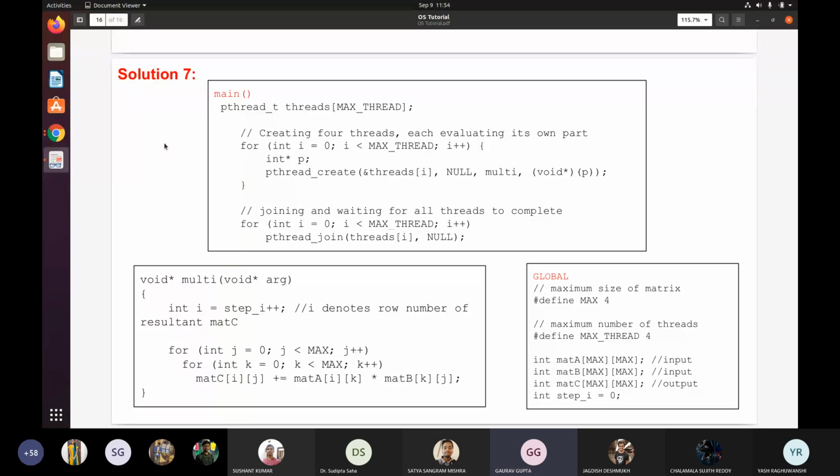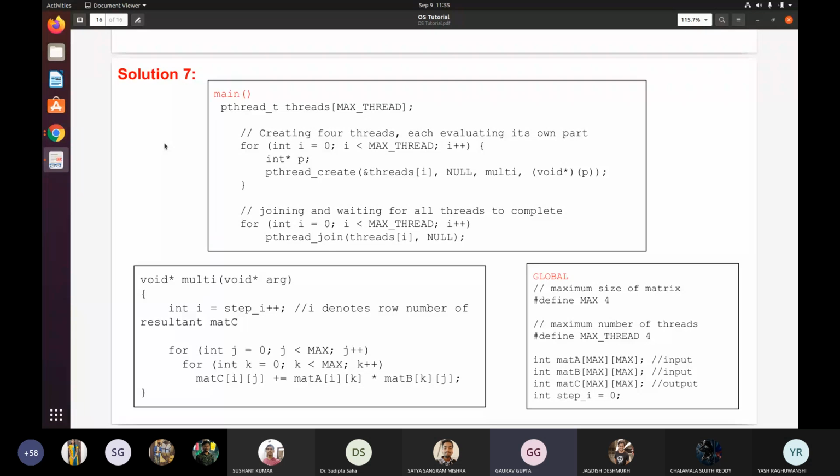So it will first send the value of step_i to i and then increment it. And then we will calculate like how we multiply the normal matrix for each row and each column. For every index i, j, we will add i, k and k, j. You can try writing it on paper, I guess you will understand. So this is the part.